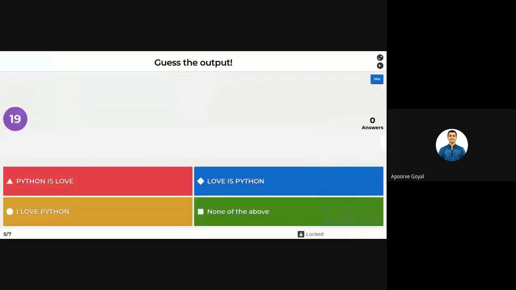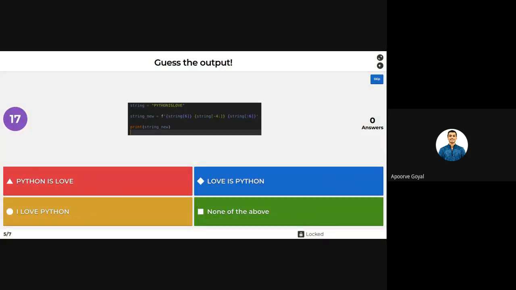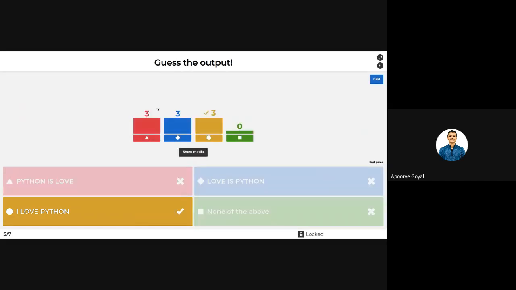Guess the output. Again, that one is an interesting one. Okay, 9 answers. Wow, 333.